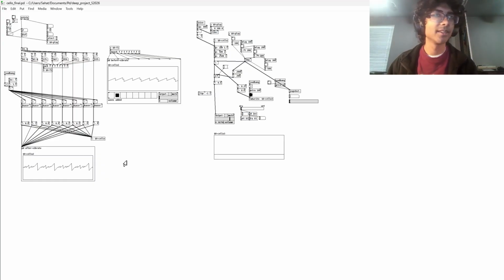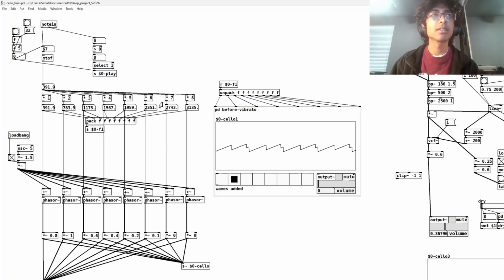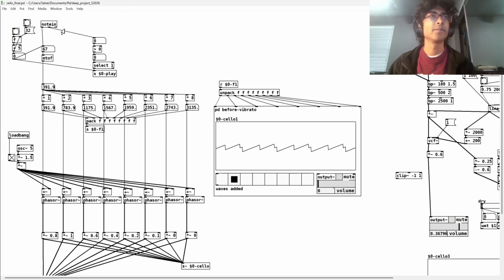That's the same thing. This whole thing looks a little bit complicated right now, but let me take you through it step by step. Cool. Start here. A note in block that comes from the keyboard goes to a MIDI number. Every single key outputs a different number, which is taken through a MIDI to frequency converter, and as a result, this is the corresponding frequency,